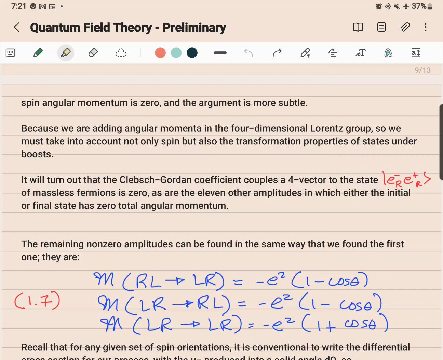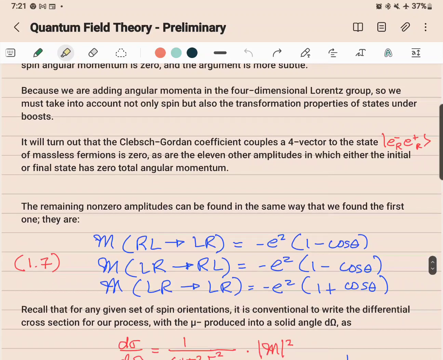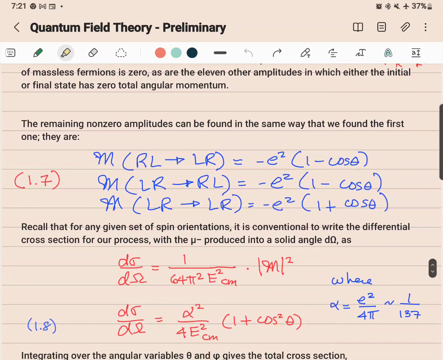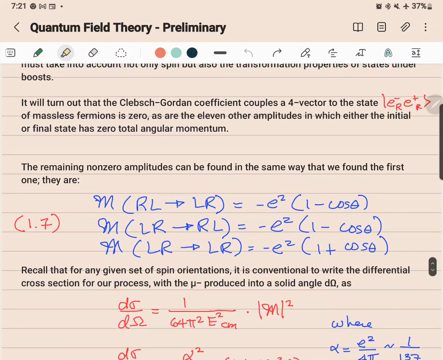So the remaining non-zero amplitudes can be found in the same way that we found the first one. So these are, you have the right-handed electron, left-handed, right-handed